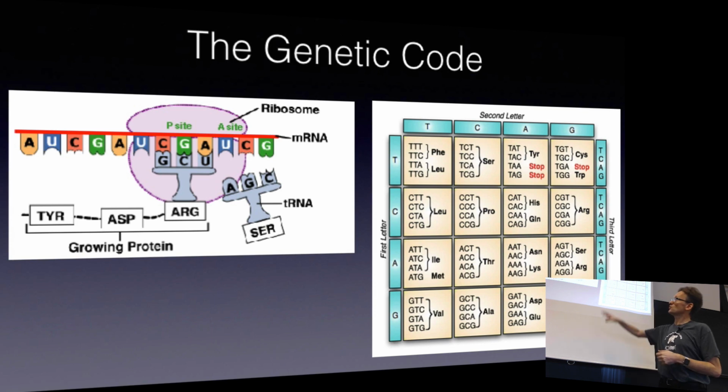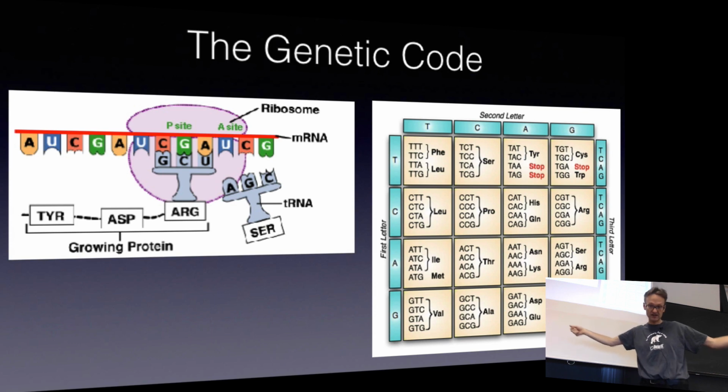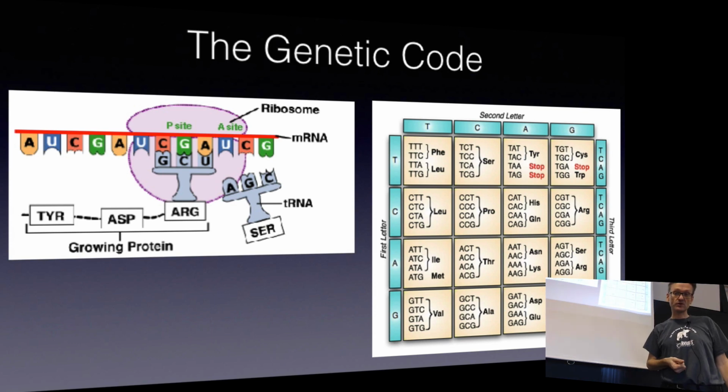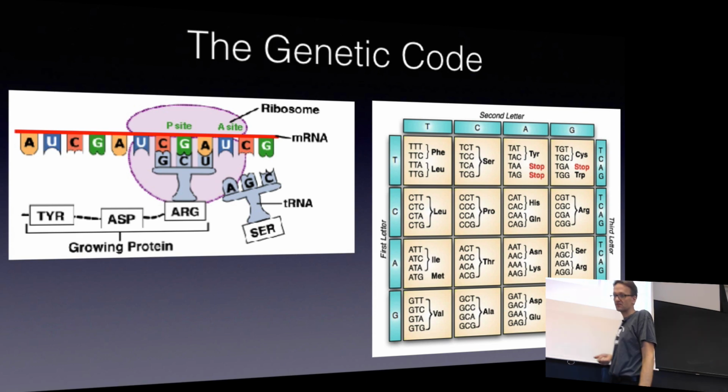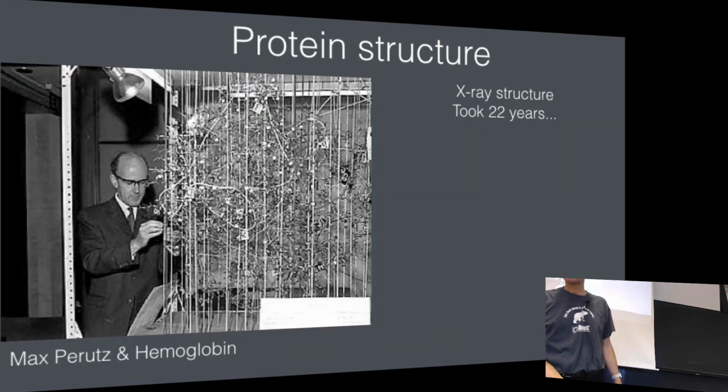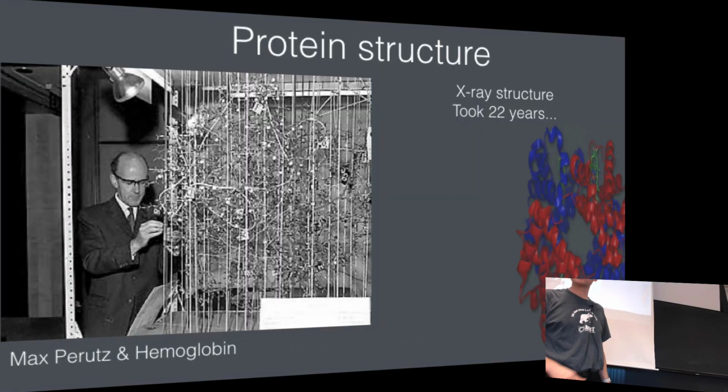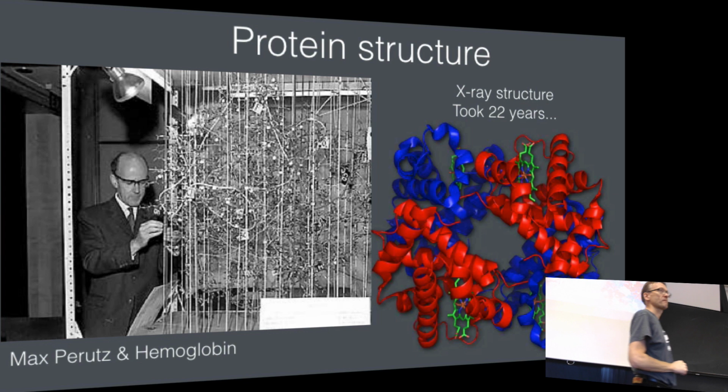So if I just know the sequence of the DNA, I can translate that using this code to the sequence of the amino acids in the protein. And then I should be able to determine, if I have 100 amino acids, I just need to find a way to determine what the protein looks like. And that seems like such an obvious problem. And people started that. They actually started that in parallel with the discoveries of DNA. One of the big heroes in this field was Max Perutz. It took them 22 years to determine the structure of hemoglobin.